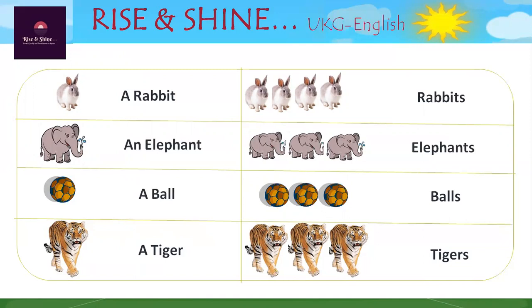We apply S to indicate that the name or the thing, animal, place, anything, is more than 1 in number. And if it is 1, we apply an article: a, an, the, etc. About a and an, you can see our previous session. You can click on the I button above the screen to get the information if you have not gone through our lecture.